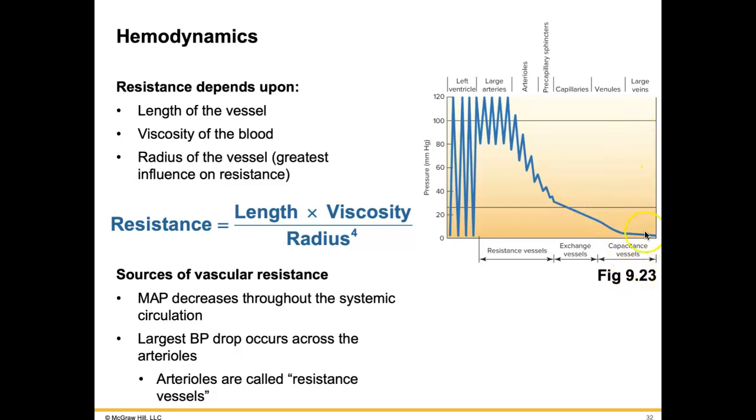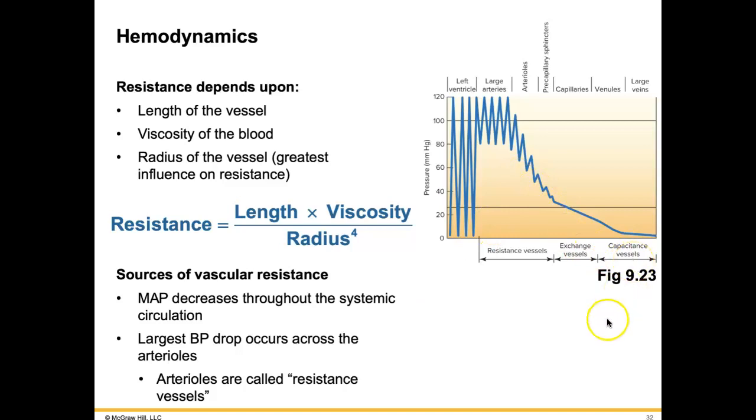Now, yes, the large veins are going to have a larger radius, but at this point that pressure has dissipated and we have nothing to increase that pressure, so it just stays low. And then other sources of vascular resistance would be our MAP, the mean arterial pressure, which decreases through the systemic circulation,